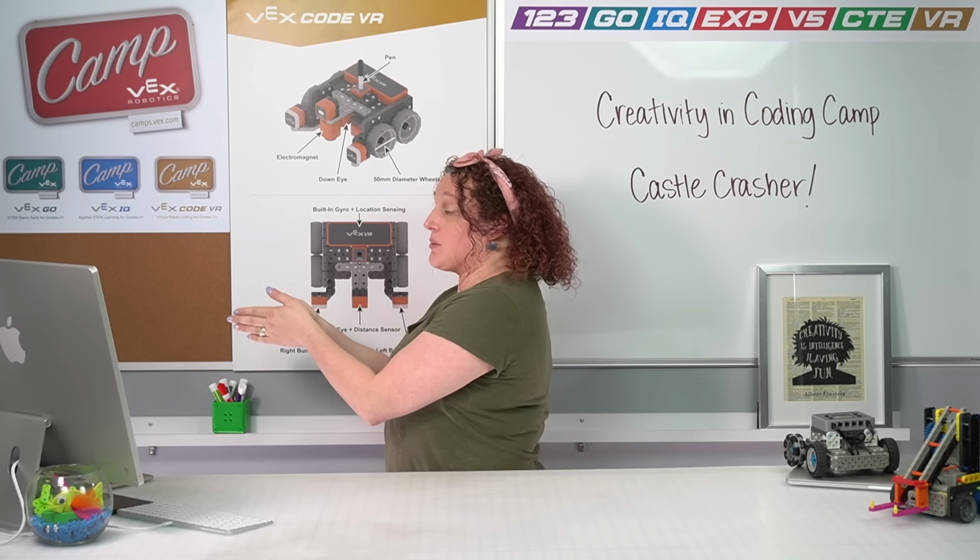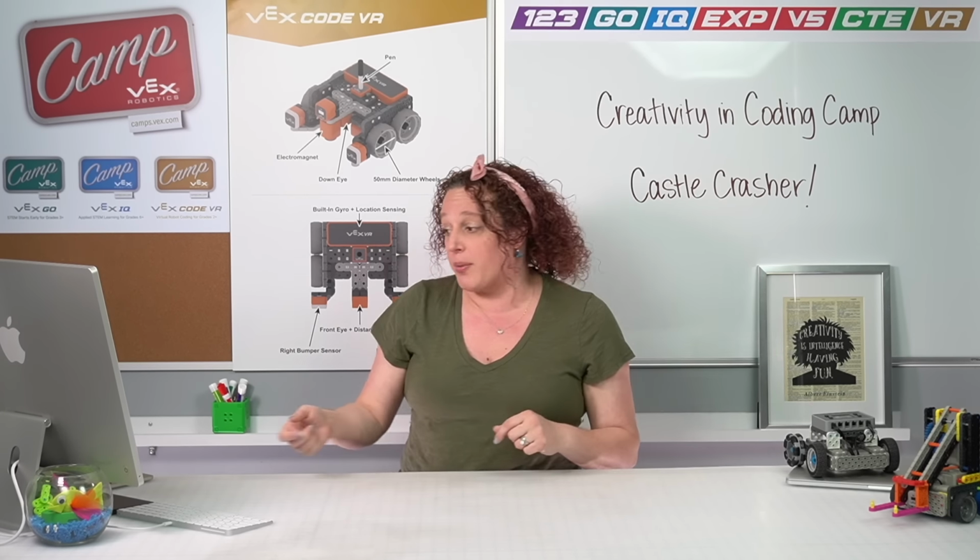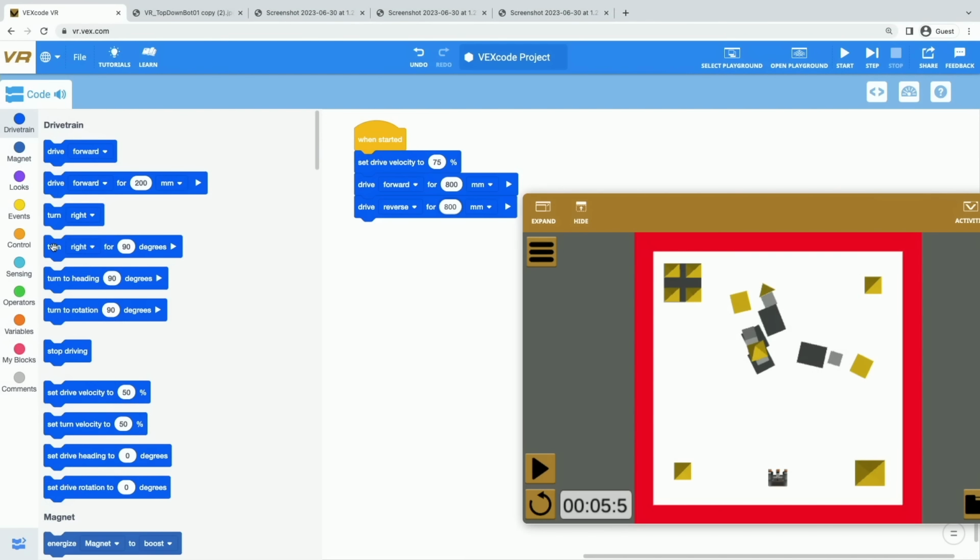So if I were to turn my body 90 degrees, I would go from facing this way to this way. And that's the way that we want our robot to turn, right, in order to be able to get ready to crash those next castles. So let's go add that to our project. So now I'm going to take this block right here that says turn right for 90 degrees, right? We just said 90 degrees makes that right angle that turns it exactly over. So I want to turn right for 90 degrees.